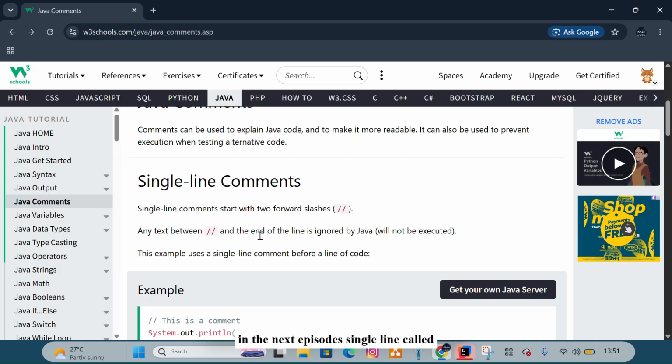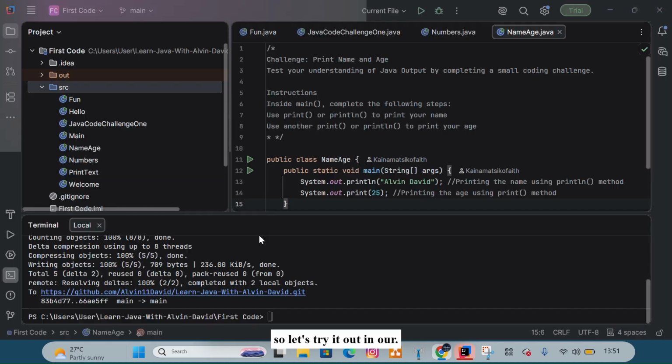Single line comments. These are types of Java comments. The first one is single line comments, and single line comments start with 2 forward slashes, and any text between the 2 forward slashes and the end of the line is ignored by the Java compiler when it's compiling your code. So this example can be used to comment code. So let's try it out in our